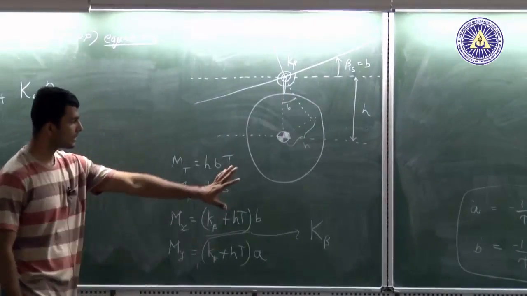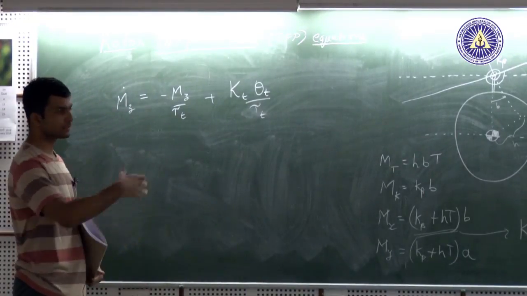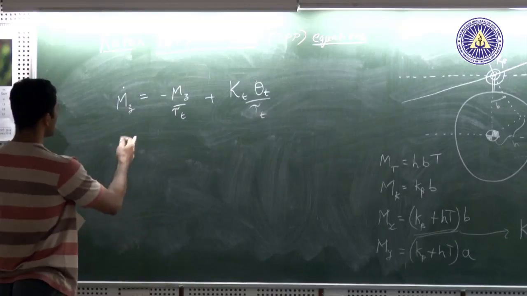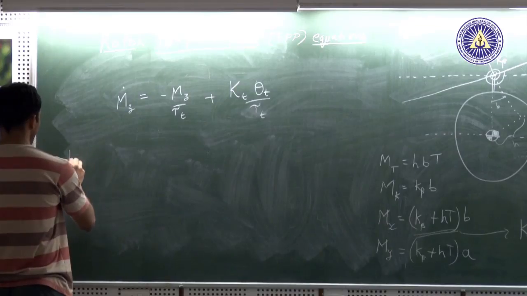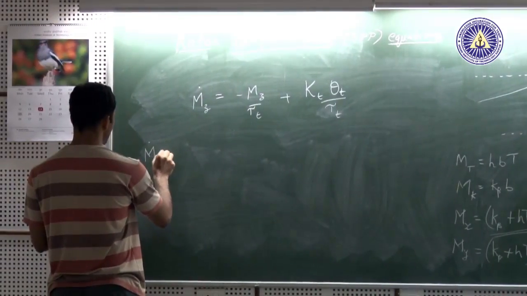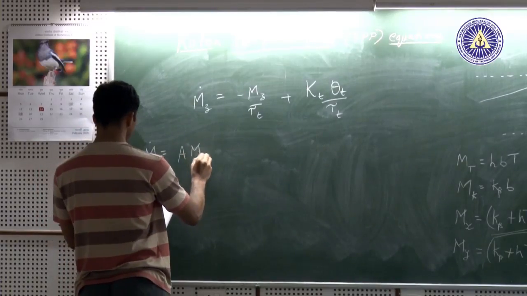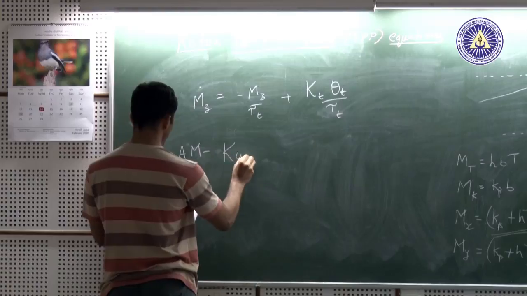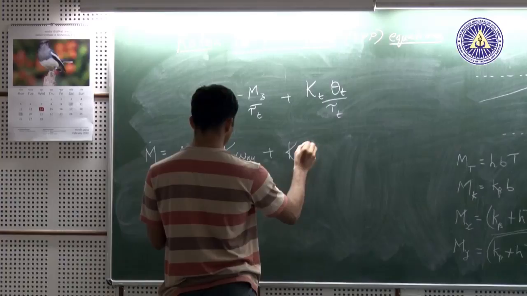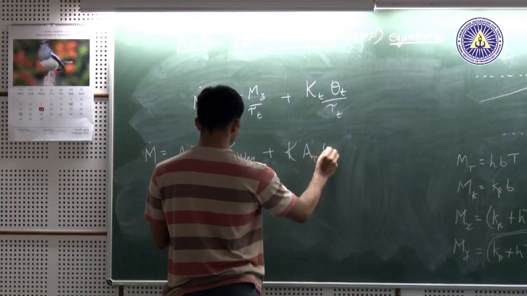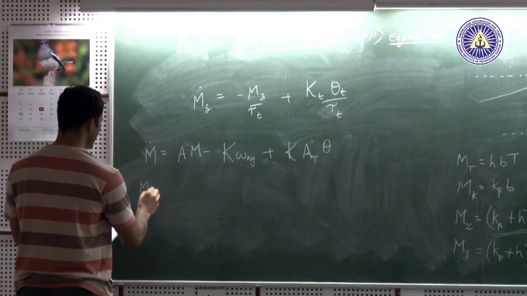Everything can then be written in terms of mx dot and my dot, and you can write the whole thing as M dot is A M minus capital K omega xy plus capital K A tau into theta,